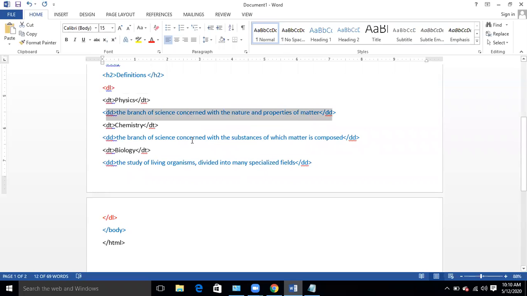So there are three tags in the description list: the definition list, the definition term heading, and the definition detail, meaning the definition description. I hope you all are able to understand this.